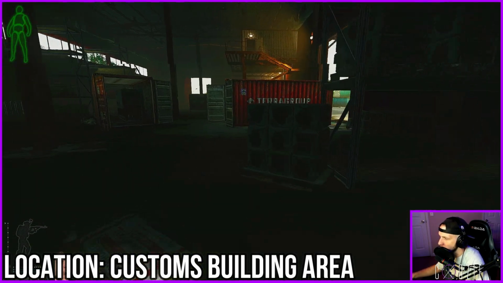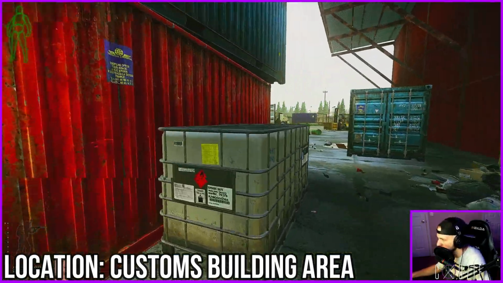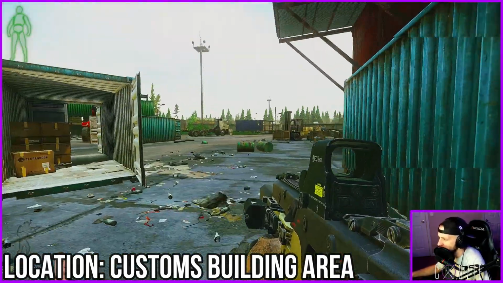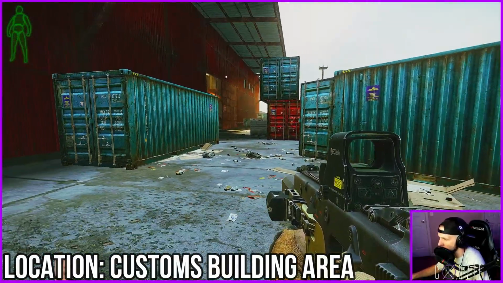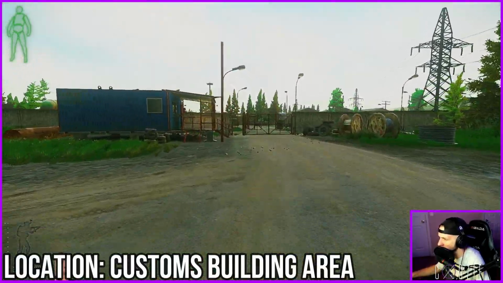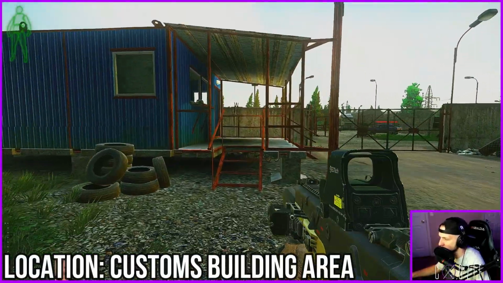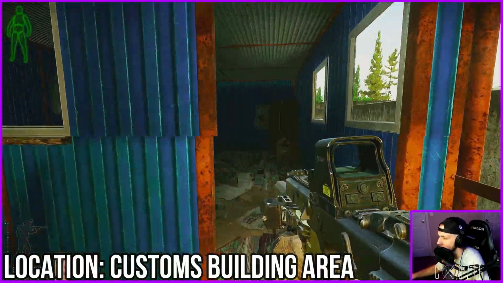Okay, we're almost done with this side of the map. We have 1 more spot to go to that's worth looking. Oh, and as far as scavs go, there is a potential scav spawn or 2 in this area, so just be on the lookout for that. Like I said, there's 1 to 2, maybe 3 scav spawns in storage, so you just got to be